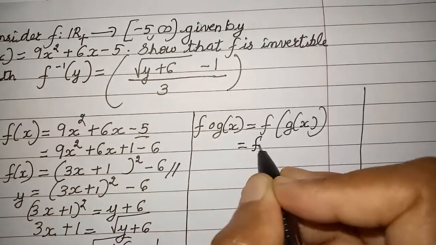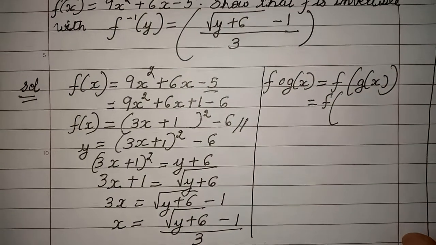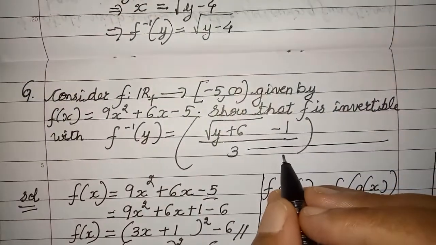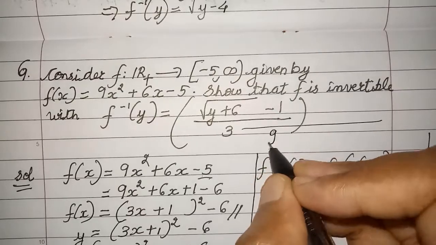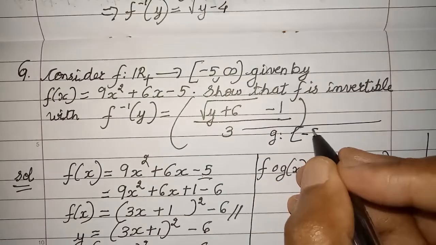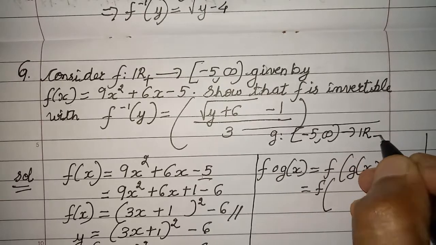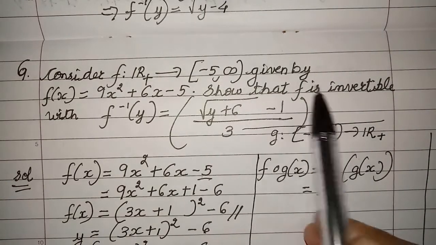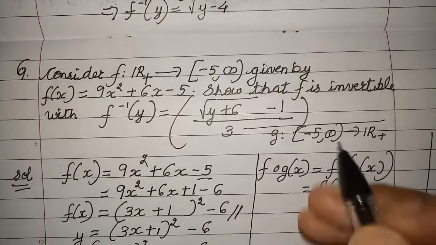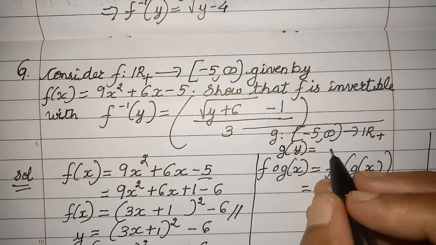So what is my g of x, children? G of x I have not defined, right? So before that I have to define it. Let me define it here somewhere. G means the inverse, no? So the inverse function g will be from minus 5 comma infinity to R plus, because we are going to show that f composite g and g composite f is invertible. How is my f inverse, that means how is your g, is already given to me in the question. I just have to prove that they are inverse, that they are identity functions.